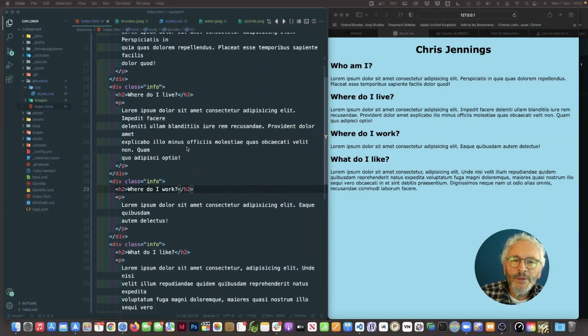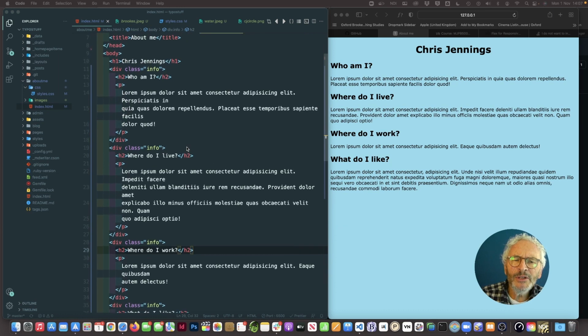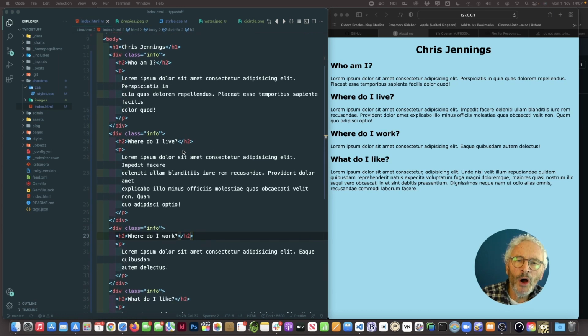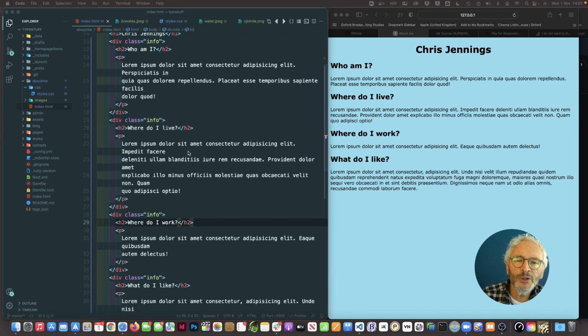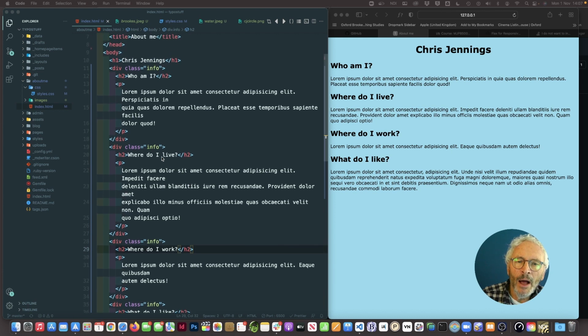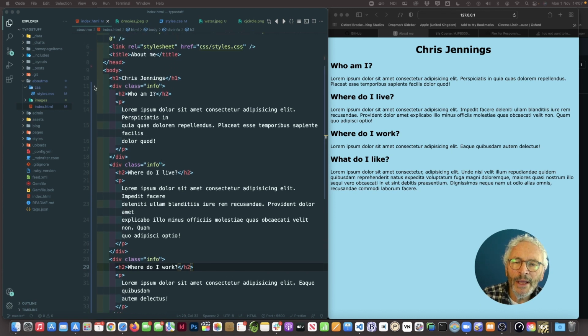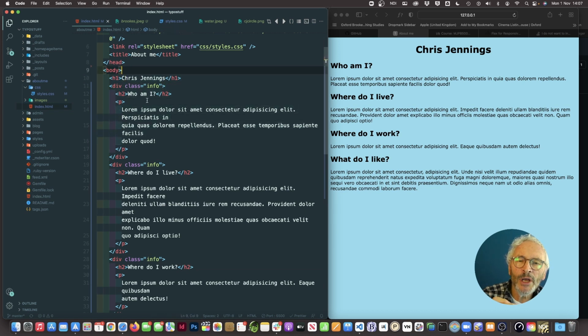Right, so I've just got a page here. This is sort of based on the template that you've got. I know you've already done quite a lot of work on this, but I've just done an example with a lot of lorem ipsum text here. What I've got here is my body, and inside the body, I've got first of all the heading, the H1, which